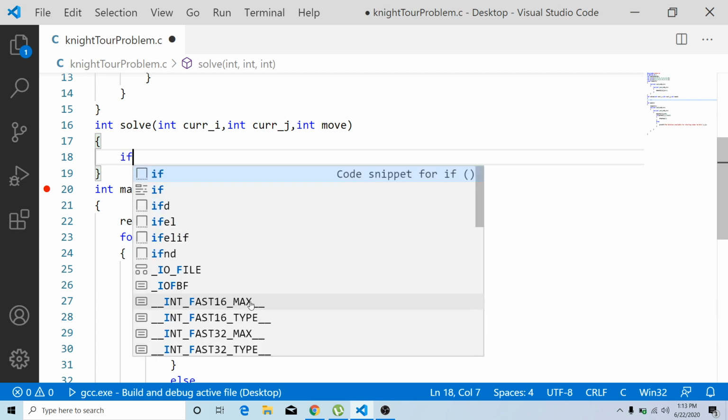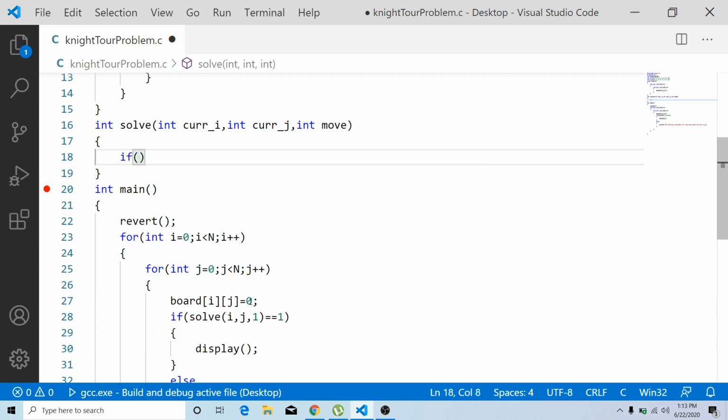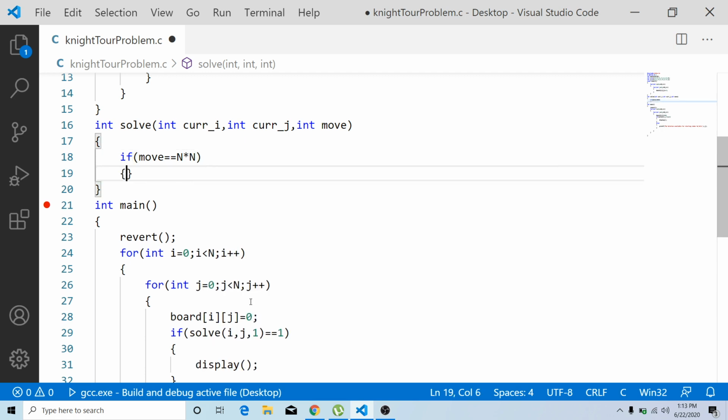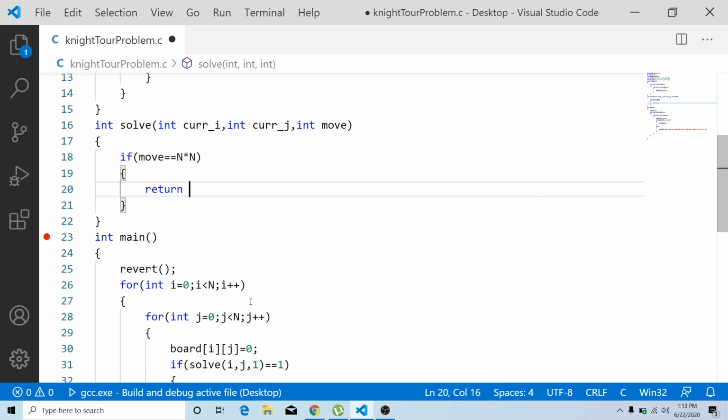So the very first condition that I'm going to do is: if the present move is equal to n cross n, then we can return 1, because all the 16 moves, that is the n cross n moves, are already over, which means that you have visited all the cells, exactly once.